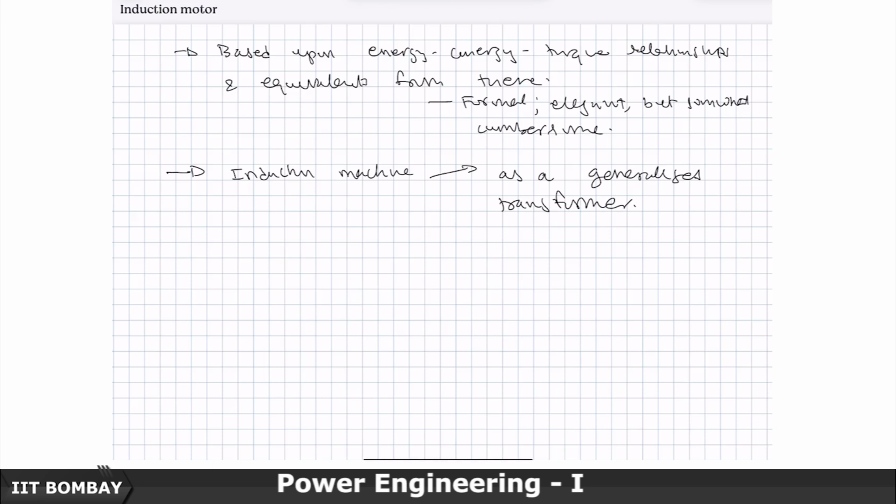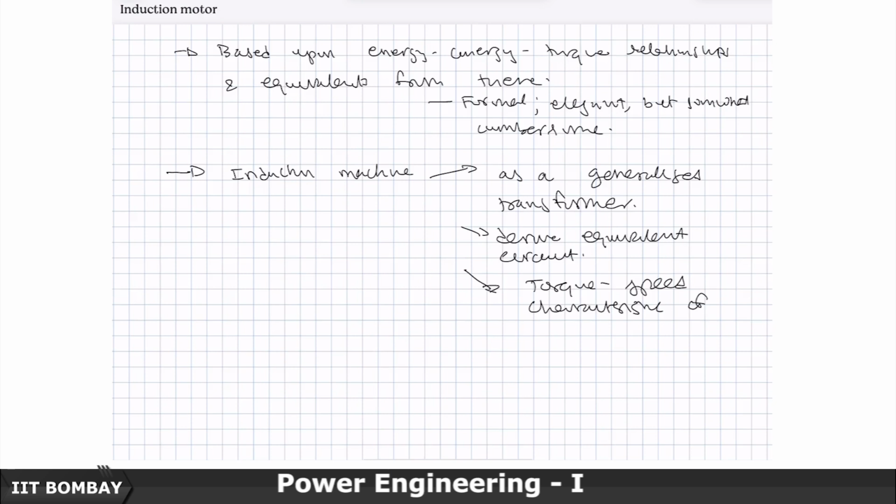So, we can treat the induction machine as a generalized transformer, and then derive equivalent circuit from there, and from the equivalent circuit you usually derive the torque speed characteristic of induction machine. So, this is a bit empirical, it is not incorrect, it is a bit empirical,